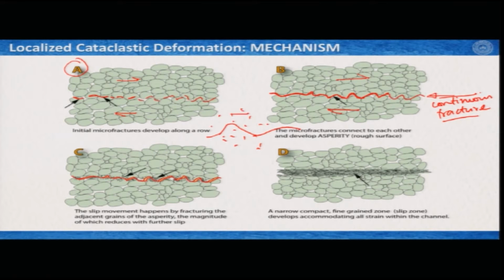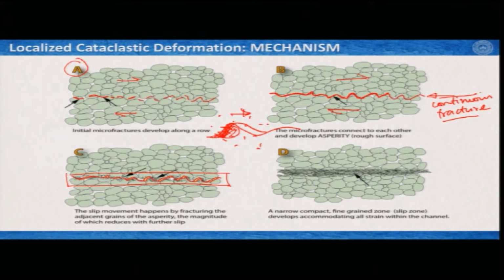So, now if this one moves to this side, clearly you should have an opening here like that, and then it tries to coalesce here this way. So, you generate an enormous force here. The grains here do fracture, and this is exactly what is happening here. Along this narrow zone, we are producing a lot of fractures, particularly on the contact zones. So, we have a rough surface defined by very tiny fractures which is continuous, and this roughness